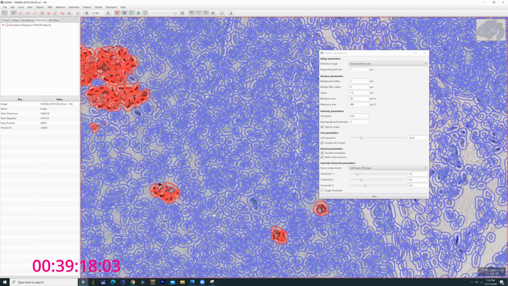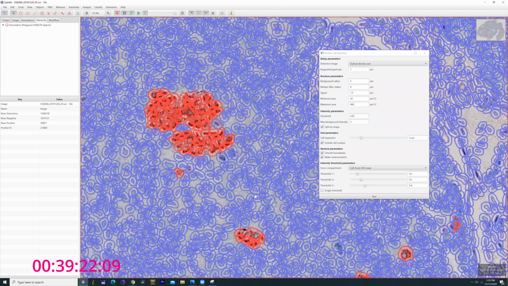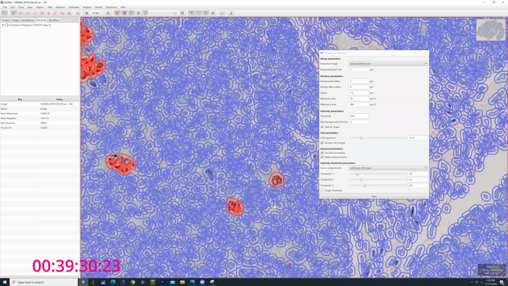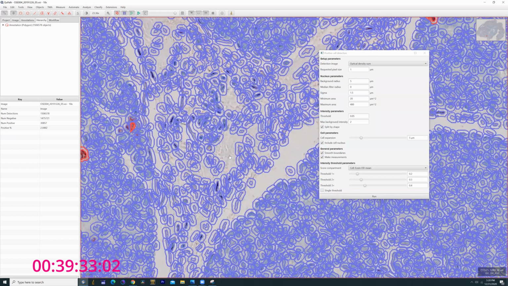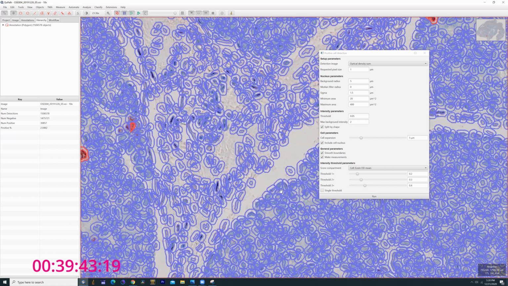It's not horrible. It's highlighted most of our intended regions. It's cut out some of the background areas that are negative, that are not actually stained. We haven't seen the hierarchy because, like I said, I made a mistake with the setting. And one other thing I may mess with is trying to remove these areas that I don't actually believe are nucleated, and maybe just artifacts within the image. But for right now,